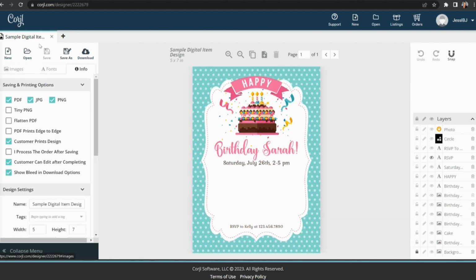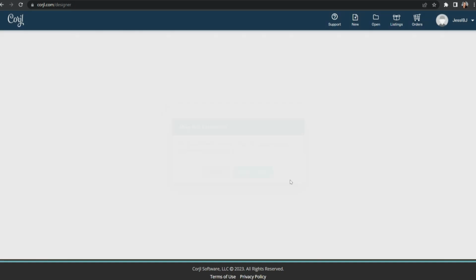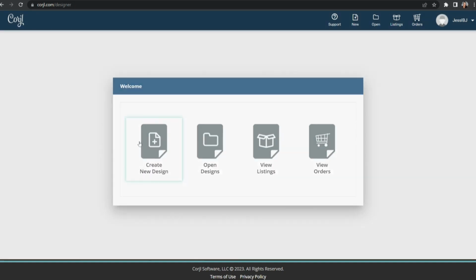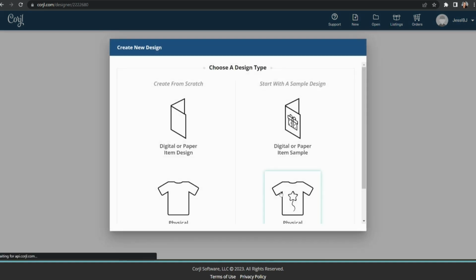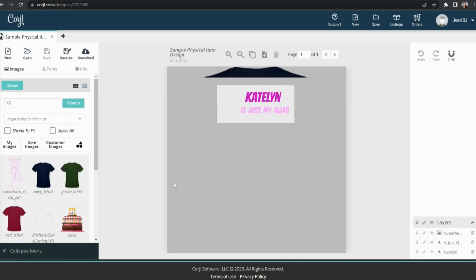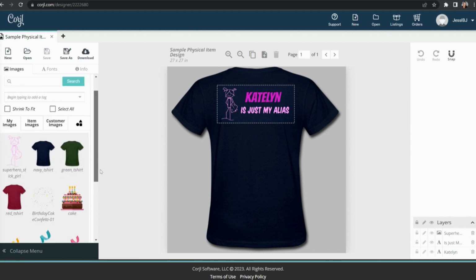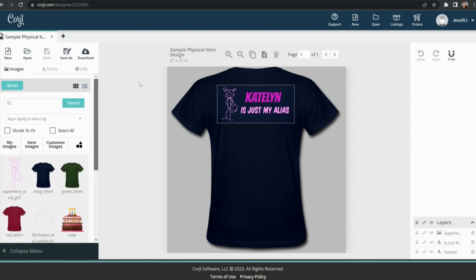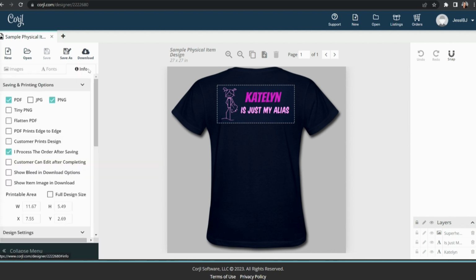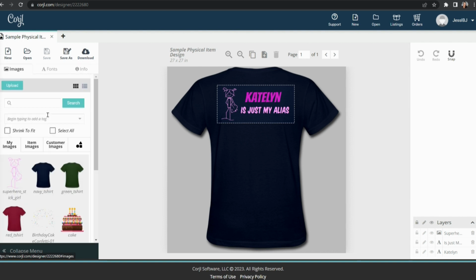Okay, so now I'm going to take a peek at what the physical products look like. I'm going to look at an example first. And it's pretty basic. It's, again, not super impressive. I liked that Templett gave us a bunch of actual designs to get started with and really simplify the process. And comparing Corjl versus Templett,